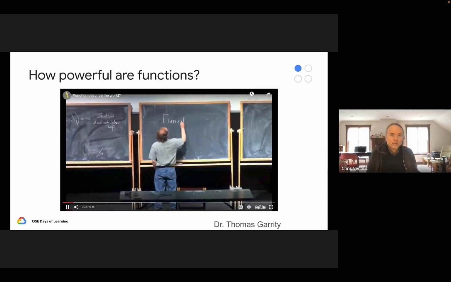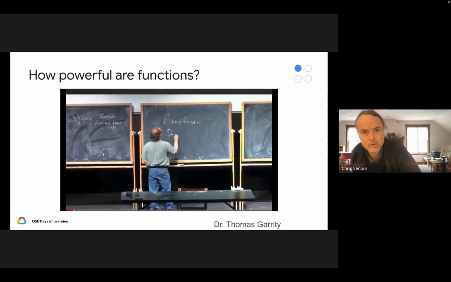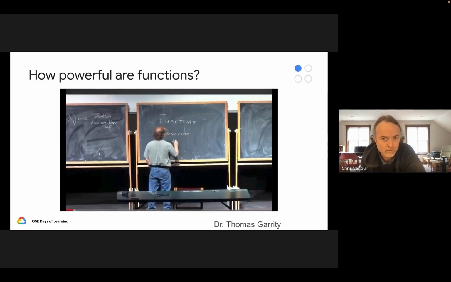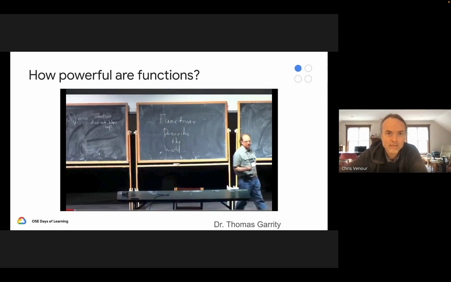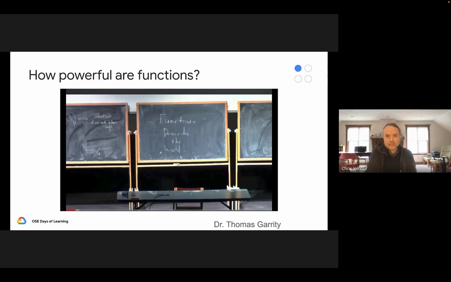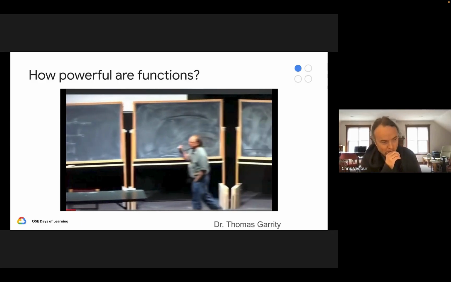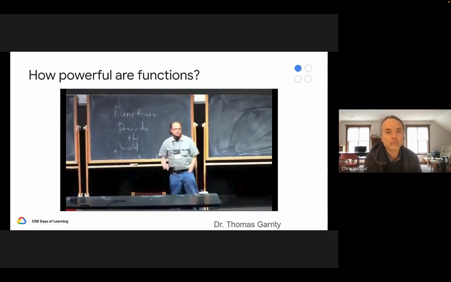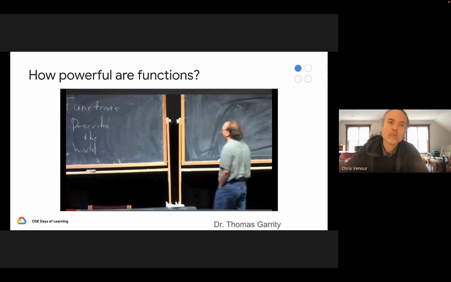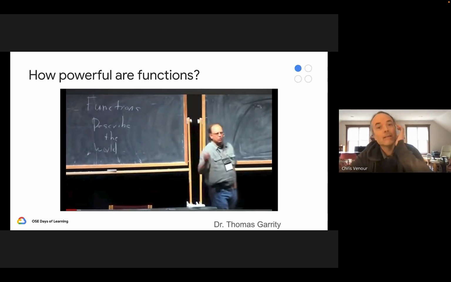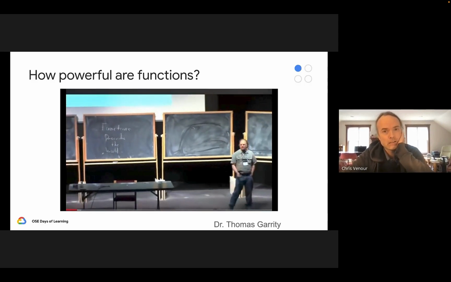Functions describe the world. Everything is described by functions. The sound of my voice on your eardrum, function. The light that's kind of hitting your eyeballs right now, function. The entries you put in your random matrices, function. It's all function. Different classes in mathematics, different areas in mathematics study different kinds of function. High school math studies second degree one variable polynomials. Calculus studies smooth one variable functions. And it goes on and on. Functions describe the world.